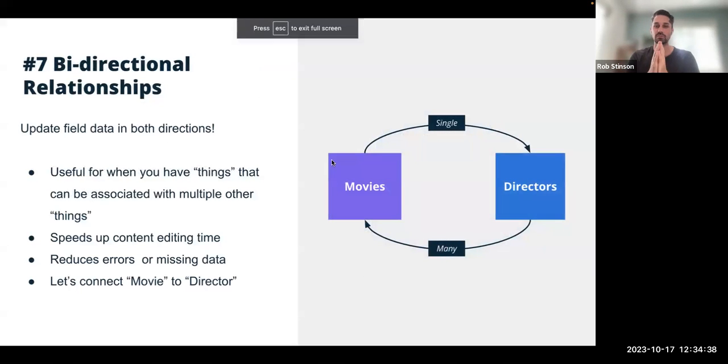Number 7. Okay, this one's really cool. This one took a whole lot of good engineering work from the team when we released it. It's bidirectional relationships. And what this means, if you've ever had to do this with ACF, you get it. It's awesome when you get it right, but it's been a bit of a wrangle. If you've not had to do it before,